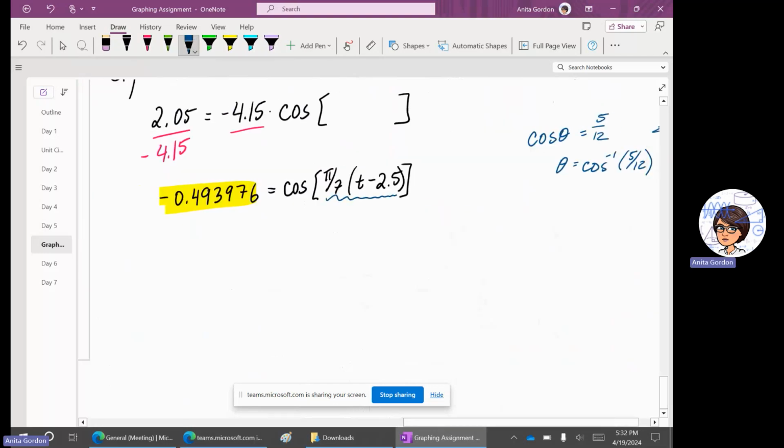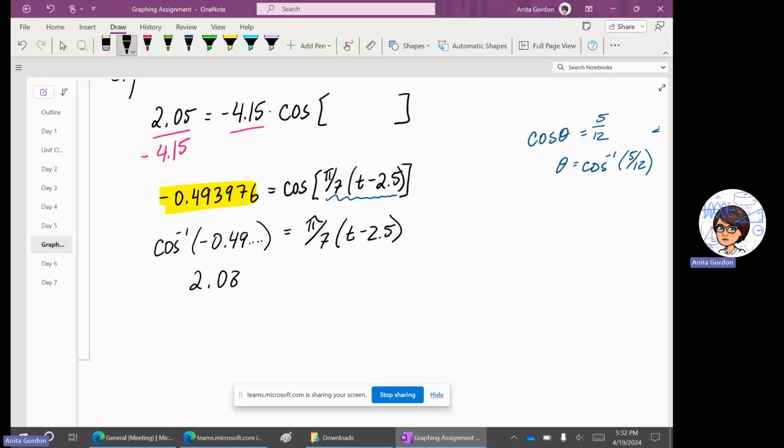Pretend this is just an angle. How do we get rid of the cosine? We use inverse cosine. On your calculators, it will be the second function. I don't want to write that number again, so I'm just going to throw this into my calculator. Cos inverse of the number that we found gives me 2.08745